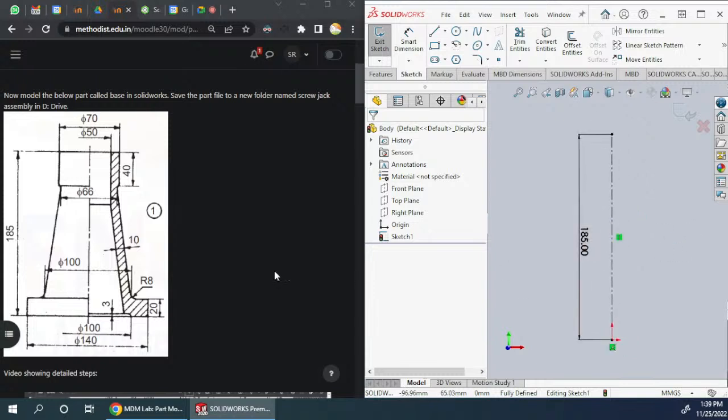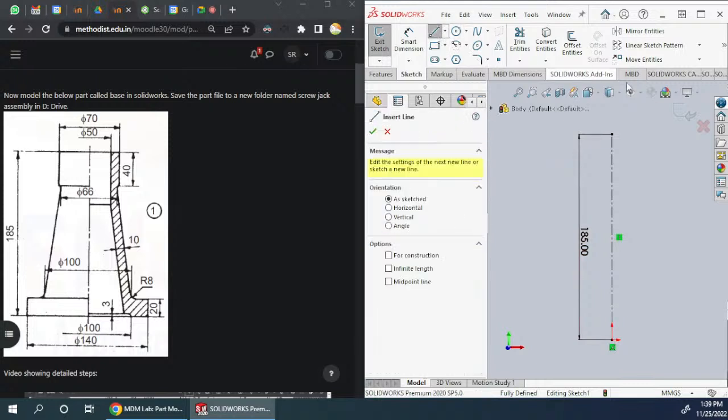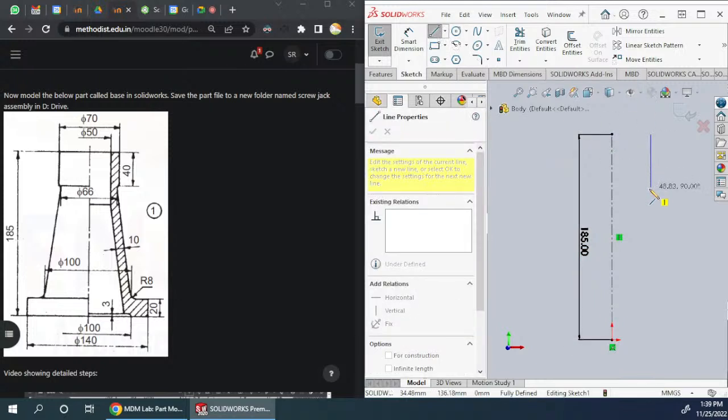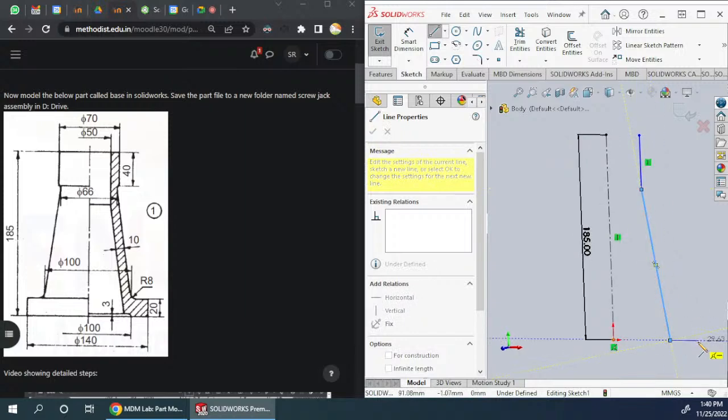Okay, so now we have to start from the base here. Or we can start from the top also, no problem. So let us start from the top. So go straight here. Okay, we have reached here. Now from here we need an inclined line, right? So take an inclined line up to here, and then take a horizontal line, then take a vertical line, then take another horizontal line, and then